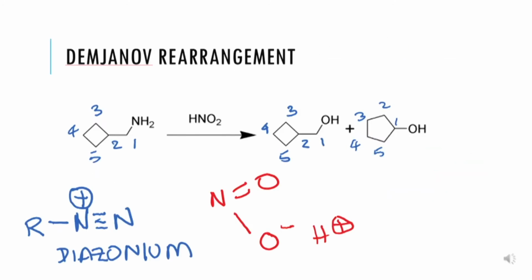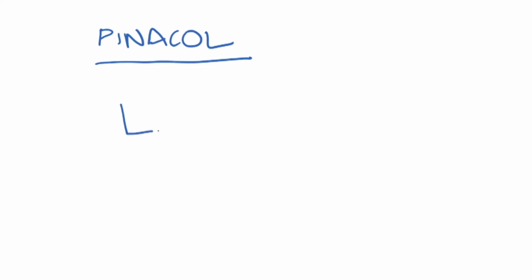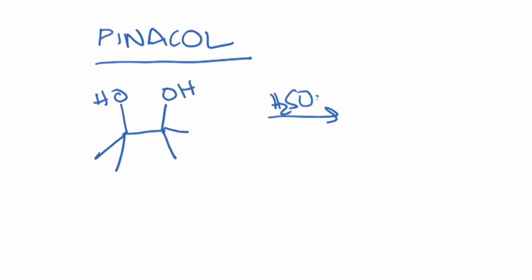Now with that, let's move on to the next rearrangement, which is called the Pinacol rearrangement. So this is one of the very popular rearrangements that occurs. It's called Pinacolone rearrangement as well. So Pinacol is basically the following. You have 2 OH here on this compound, and when you react this with acid, H2SO4, the product that you get